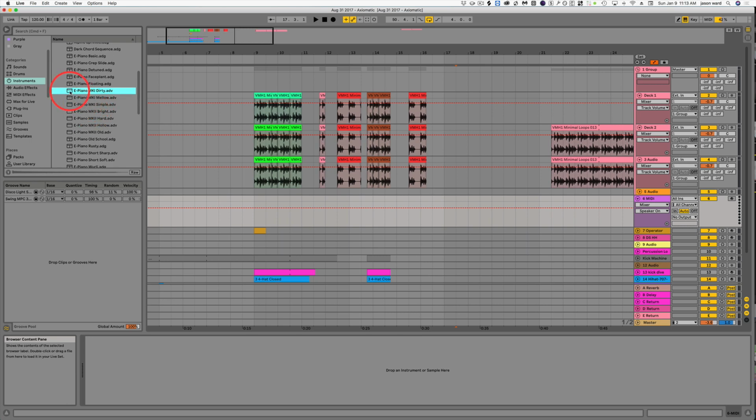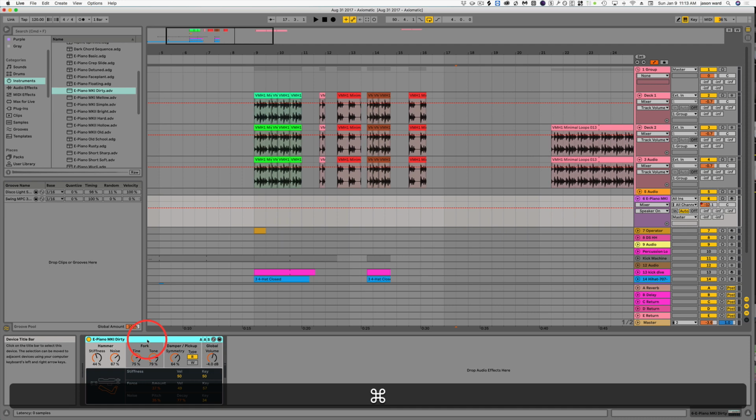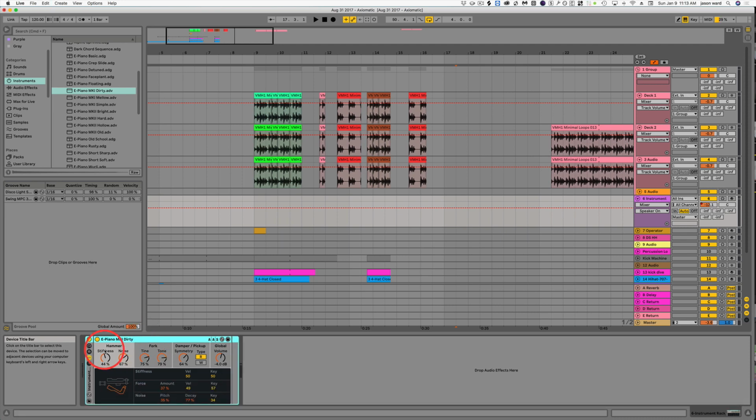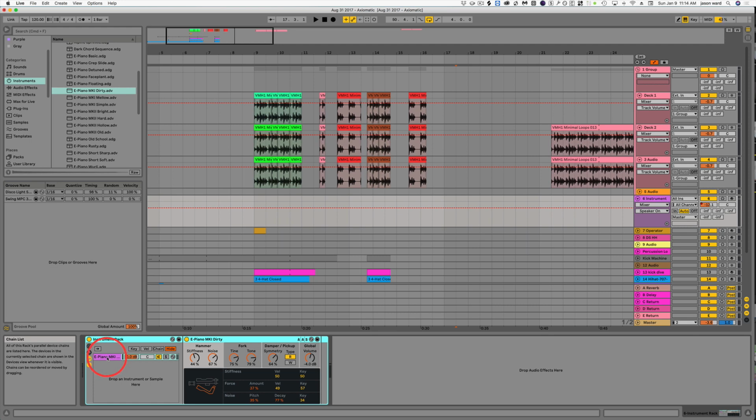What we can do is we can start by dragging one of our presets in. Then we're going to hit the Command G to group it. That puts it into the group. And then what you want to do is just click this where you see the 3 lines. And this shows you where the instrument lives. Now we can drop more of the presets in here. So now I have 5 of our favorite presets, but we don't want them to play all at the same